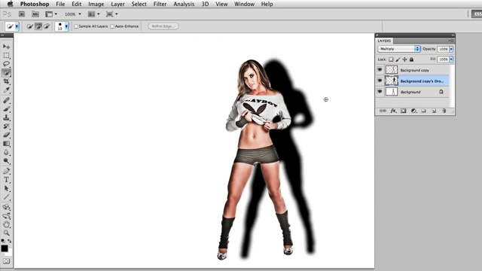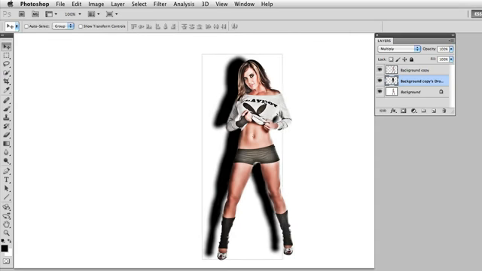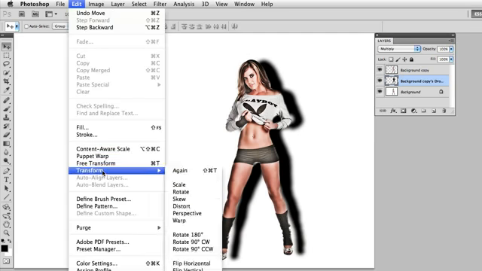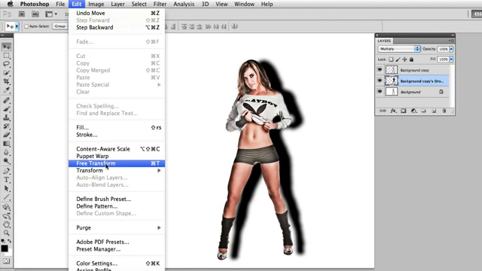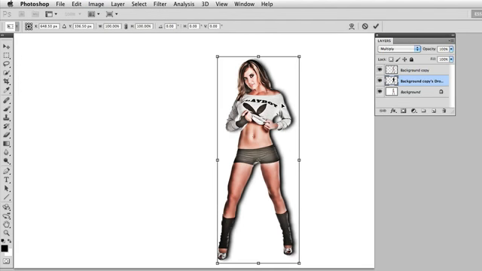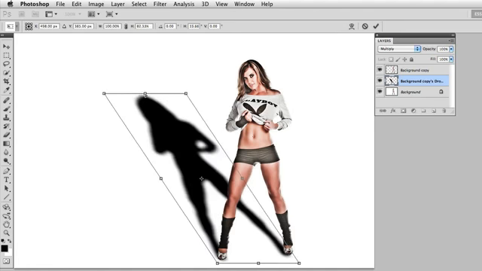And this allows me to do a free transform on that shadow. So I'll go ahead and just kind of move it around, and I'll do Edit, Free Transform, which is Command or Control T. And now I have the ability to warp this shadow. So if I hold the Command key on a Mac or the Control key on a PC, I can actually just bend